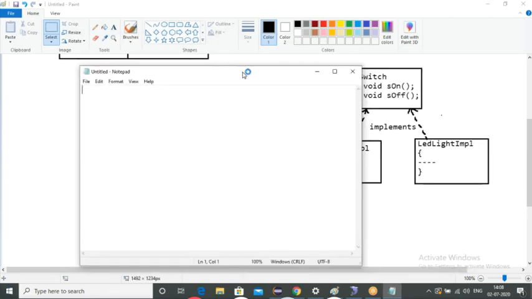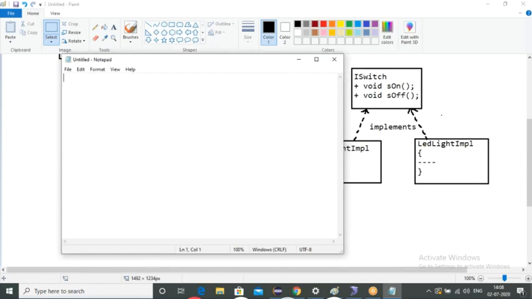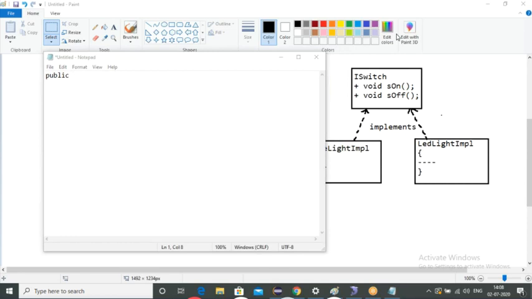Okay, guys. Now tell me the factory code for this light factory. Public class, light factory.